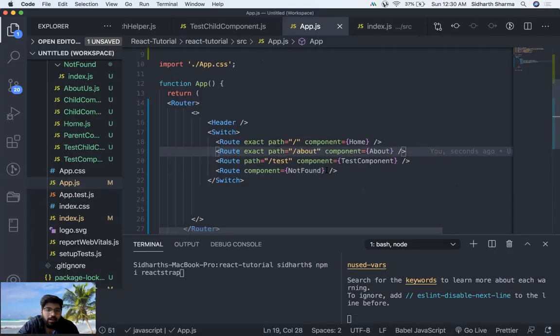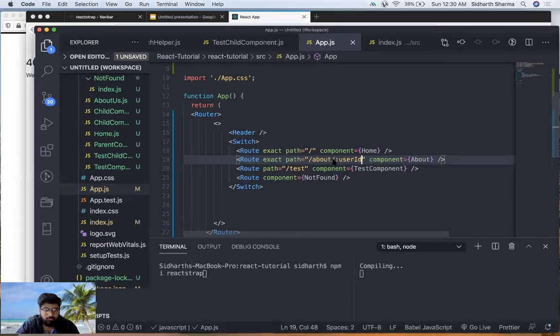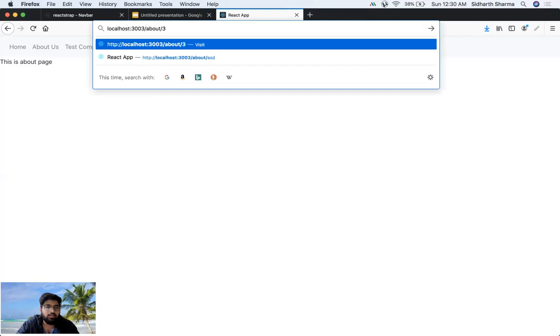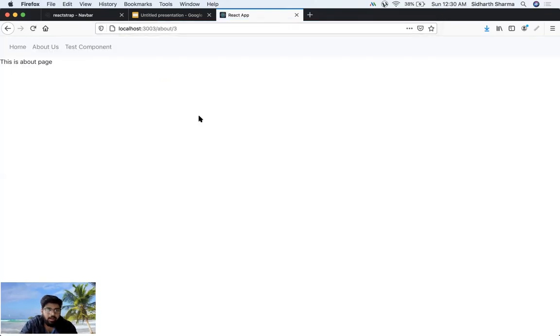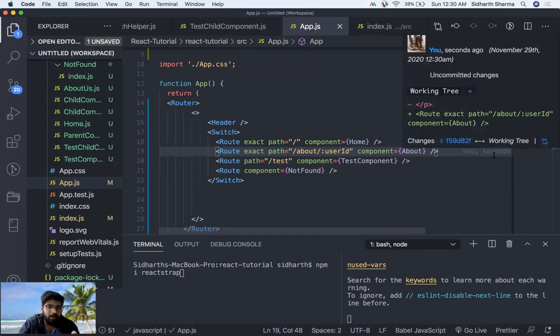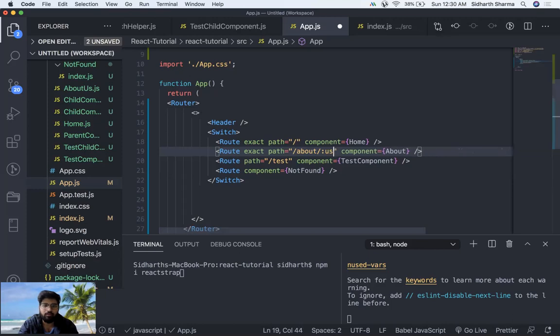For dynamic paths, if you want to use a dynamic ID in the URL, there is nothing special to do here. If you are passing some user ID, you can write :userId like this. Now it will come like a dynamic page. You can see that the 404 page will not come; 1 will also work, 3 will also work. Like this, dynamic IDs in the URL will work, and in the component you can just fetch this dynamic ID and do something. So this is how dynamic ID, exact, and Switch all work.